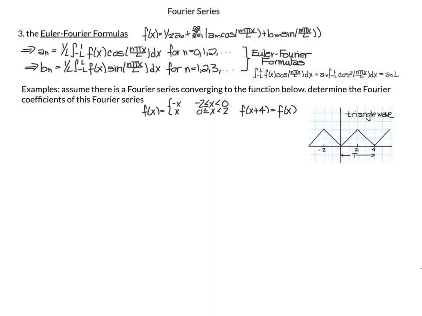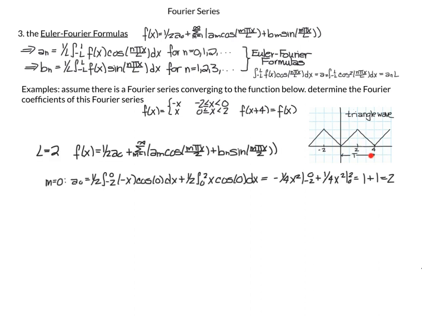The first example is a periodic triangle wave, and here's the function. f of x is equal to negative x when x goes between negative 2 and 0, and f of x is equal to x when x goes between 0 and 2. We can see that our period is equal to 4. If our period is equal to 4, L is equal to 2, so our f of x by our formula